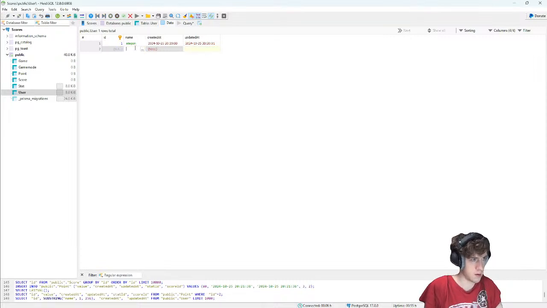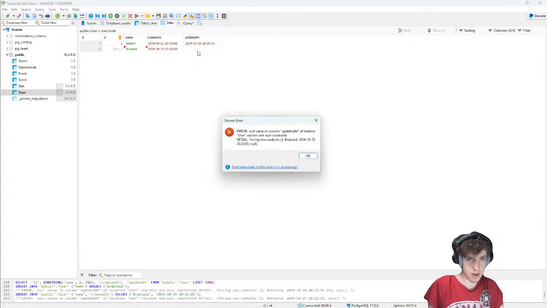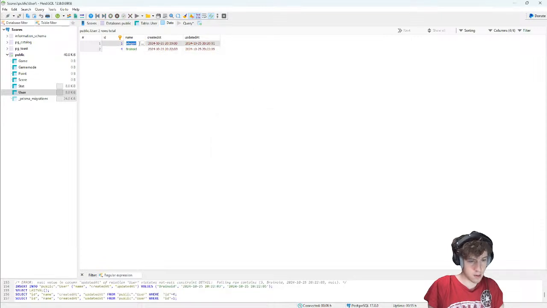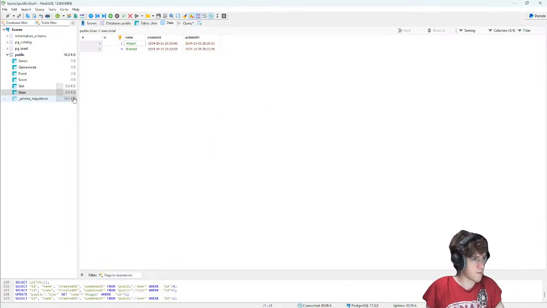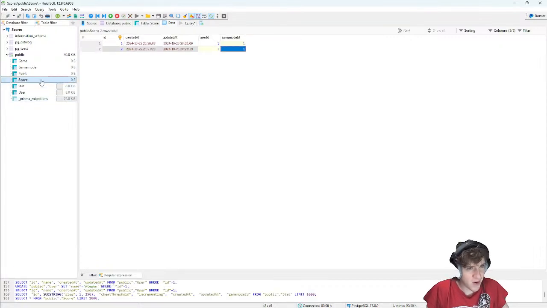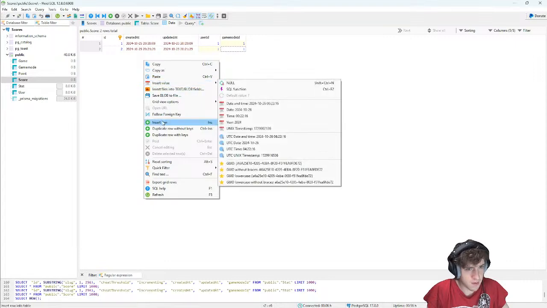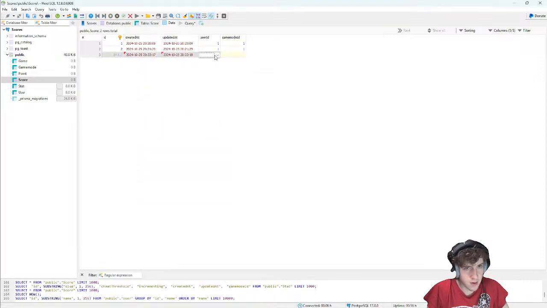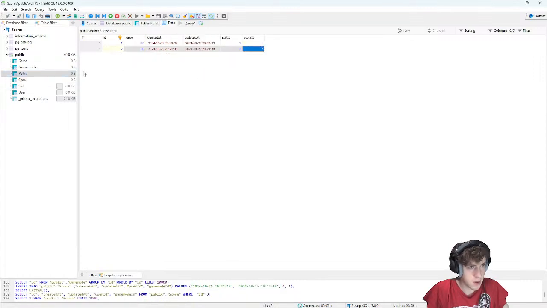This would be Brainoid. I'll do capital letters. I'll assign these. This should be Adagon. Brainoid is going to have a new score. This would be assigned to Brainoid. This would be game mode 1. The point value on here is going to be 114.